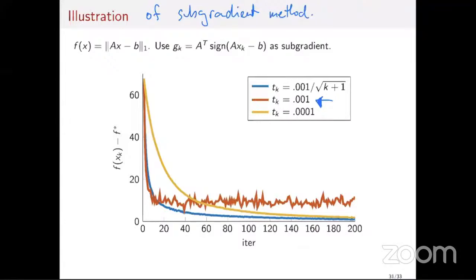Later on, on Thursday, we will look at Newton's method. Newton's method is a method that is not affected by the scaling of a function. The subgradient method is affected by the scaling of a function. So it depends on which method you use, and obviously it is desirable to have a method that does not depend on the scaling.